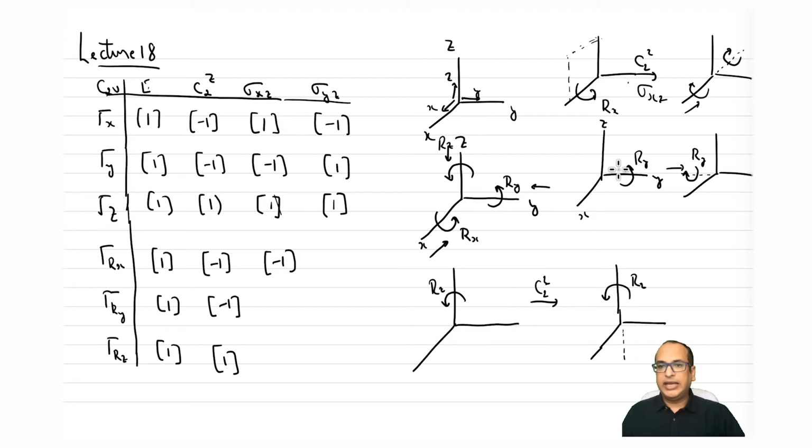Now if I do sigma yz, again this plane, reflect Rx by sigma yz, this vector would be just represented as a mirror image, right? So this vector would come to this side, and if I'm still looking from this side, it will still appear as anti-clockwise. So sigma yz on Rx will give me Rx. So there is no change in sign. So it will remain as +1. Similarly, if I do sigma xz on Ry, it would remain as 1, whereas if I do sigma yz on Ry, it will turn out to be negative.